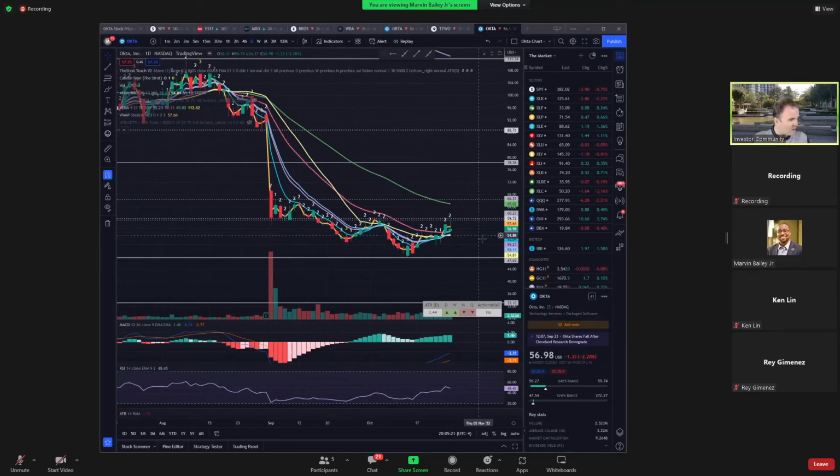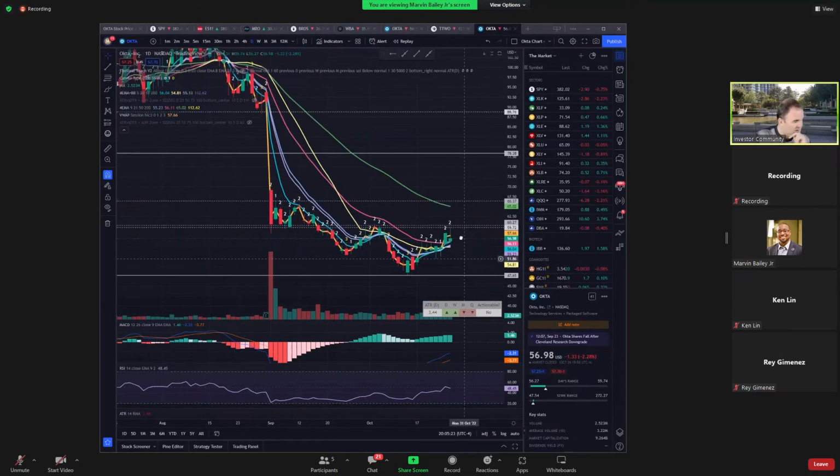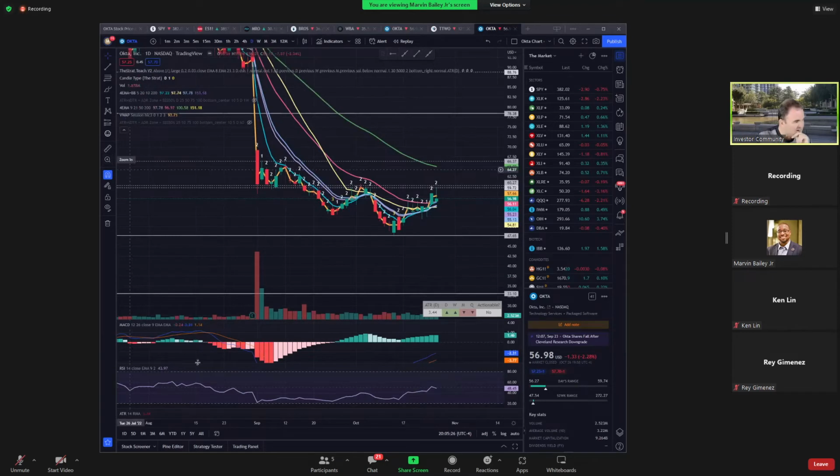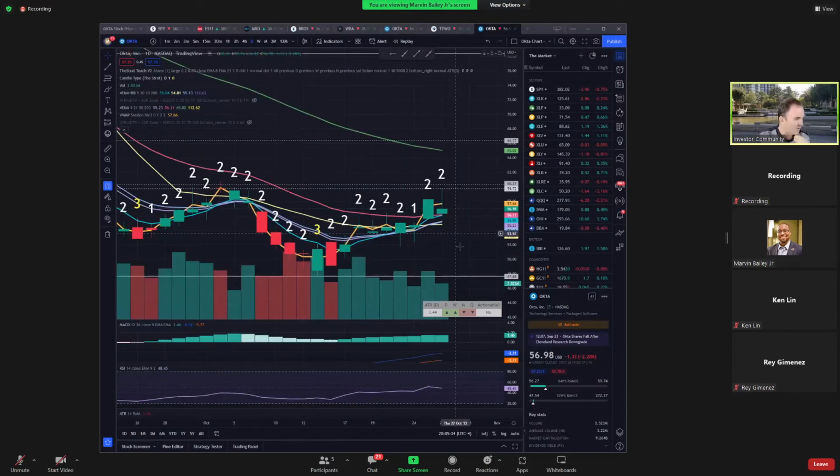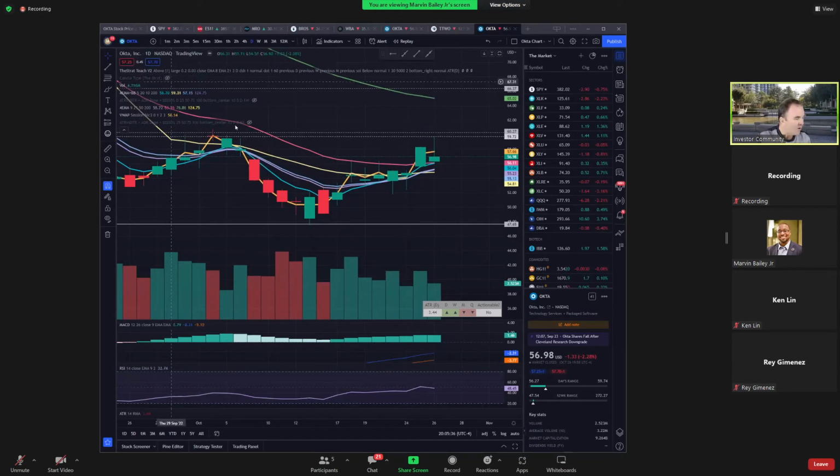So notice how, and actually just zoom out a little bit. Or sorry, no. I want to actually zoom into the most recent price action. I want to be there. There you go. Notice, look at all of these candles, they have big wicks on them.